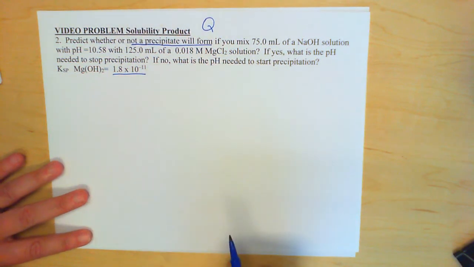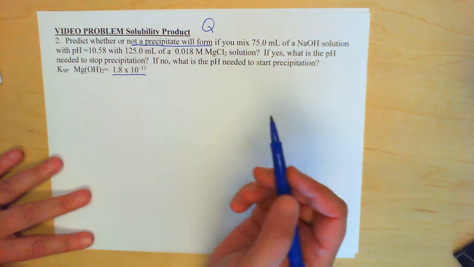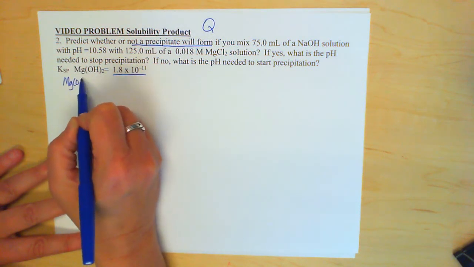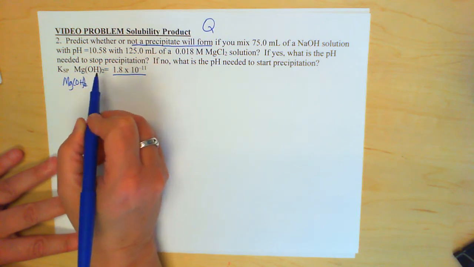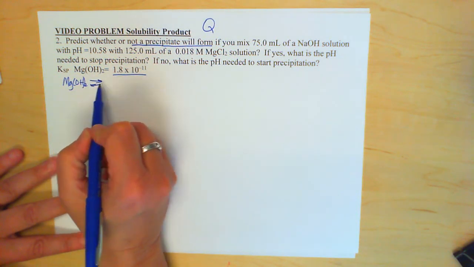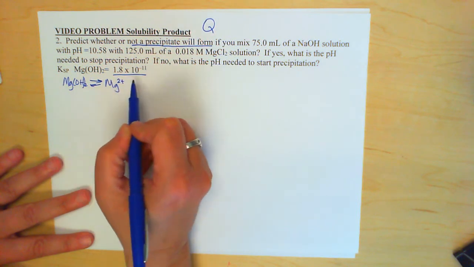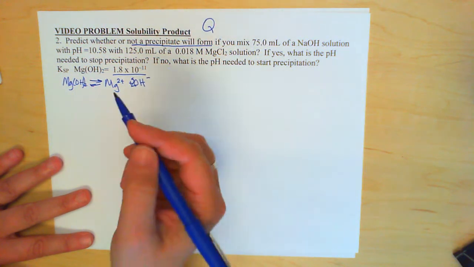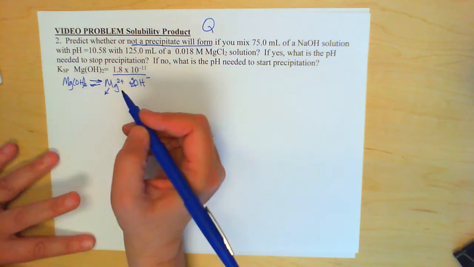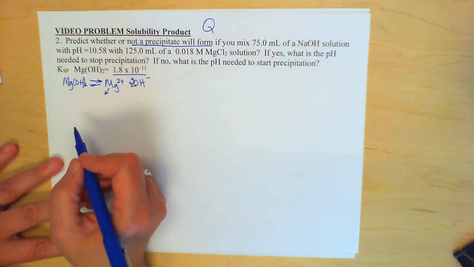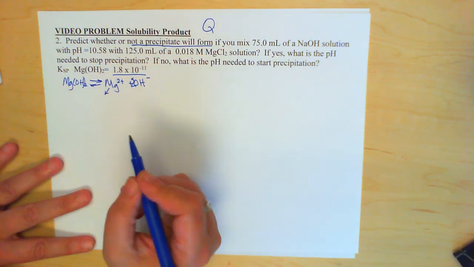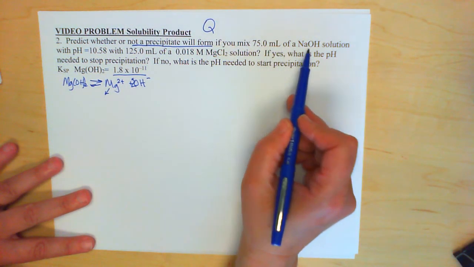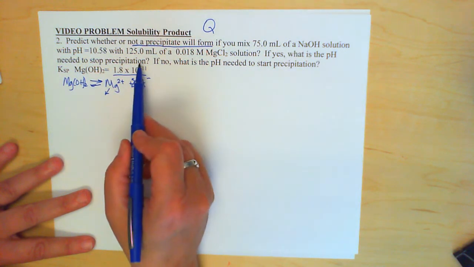Oh, there it is. So if we're working a Q problem, remember we're looking to see whether magnesium hydroxide will form, basically, is there enough magnesium present plus hydroxide present to cause precipitation. So what we're really looking for is the concentration of magnesium first, and then the concentration of sodium hydroxide. Now, how do we do the magnesium? We're going to mix 75.0 mL of sodium hydroxide with